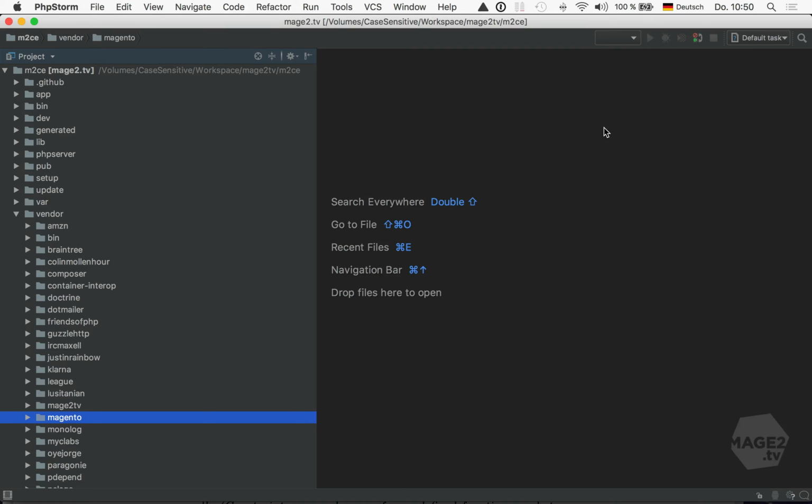Let's use the catalog module as an example. It is the largest module in Magento, so please relax. Most modules don't contain half as many files and directories. So we can find the catalog module in vendor Magento and then module catalog